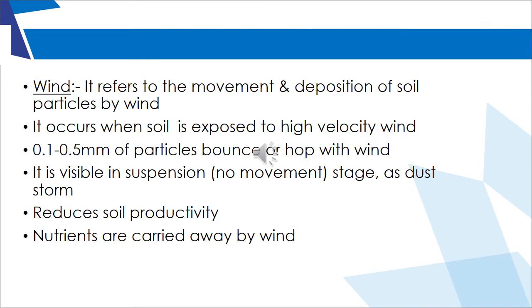The next agent of erosion here is wind. Now wind work, as you all know, is very prominent in semi-arid and arid regions. This basically happens because the soil is sandy soil. The soil itself is very loose. Secondly, there is no vegetative cover. There are no plants or trees which hold the soil firmly to the ground. So the soil is very loose, and hence it is more prone to wind erosion.